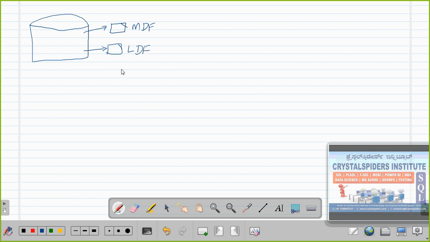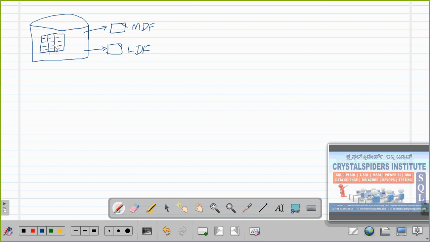So now here guys, you observe this one. Whatever data we are storing in the tables, that data will go and be stored in the data files. But there is a separate usage. So what is the usage of LDF files? We are going to discuss the LDF files in later sessions. Now we are going to focus on data files, that is MDF or NDF.